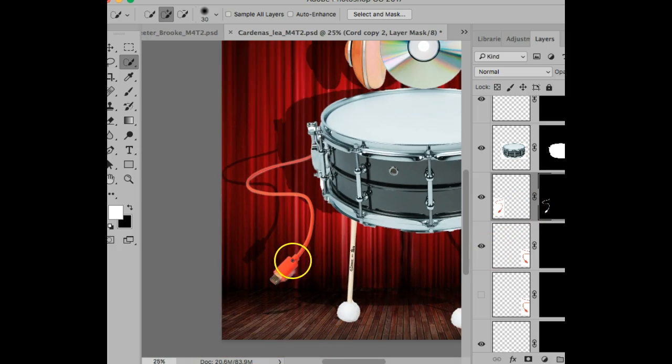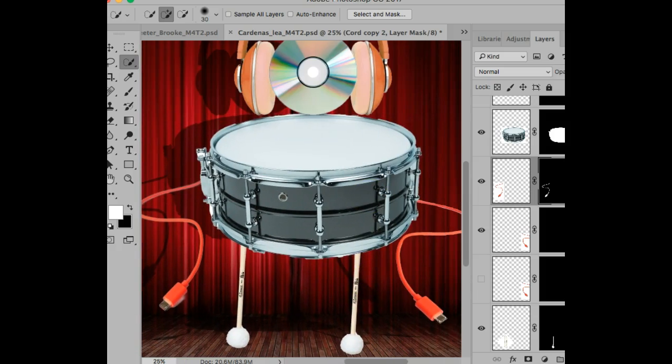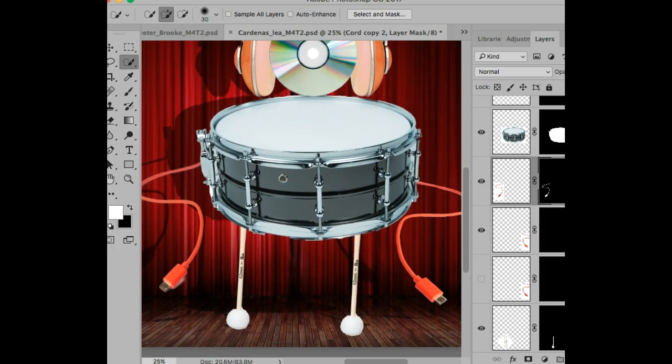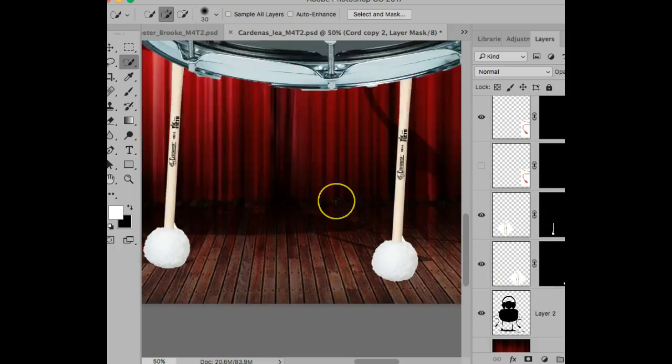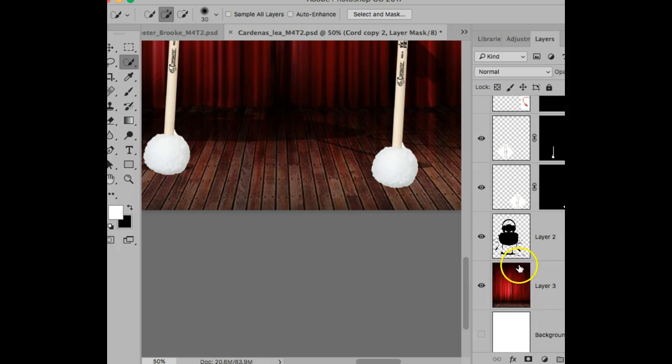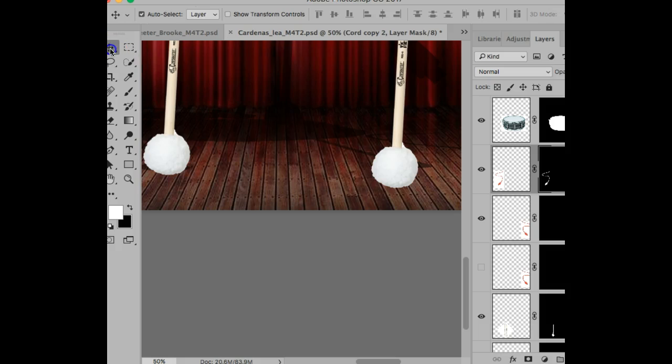Oh, there's some issue there too. So this might be, again, I might just try to find a photograph that's a little bit better quality because I think you'll find that it works a lot better that way. Okay, so that's, I think, the most important thing. Let's take a look at these mallets here too. It's always the little things like this that tend to be